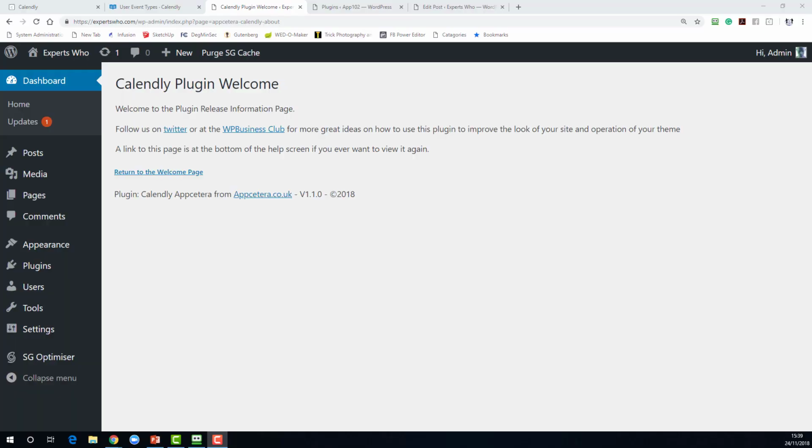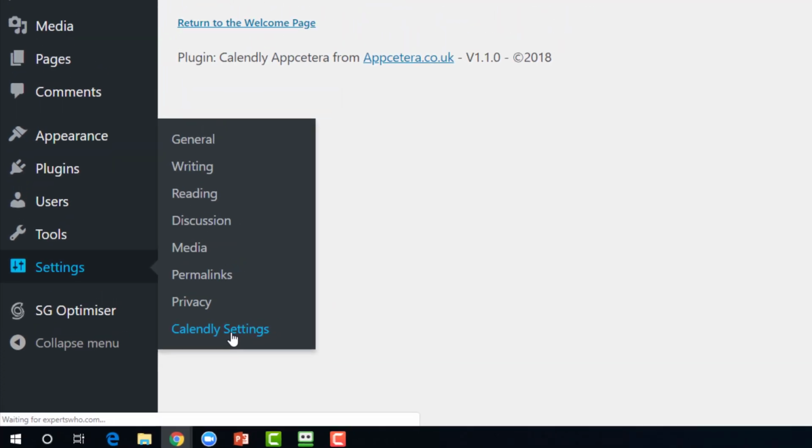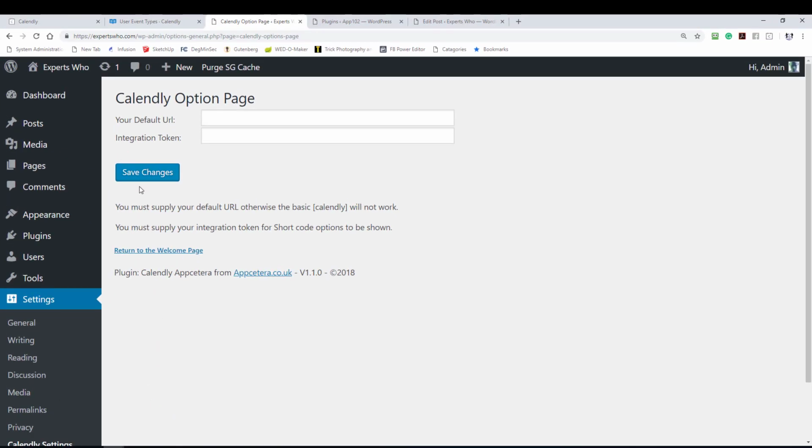Hello and welcome to our Calendly Etc. plugin. This plugin is designed to just work with the Calendly application to allow you to insert appointment requests within your WordPress site. In settings, there is a Calendly settings link, and in there you will find the opportunity to